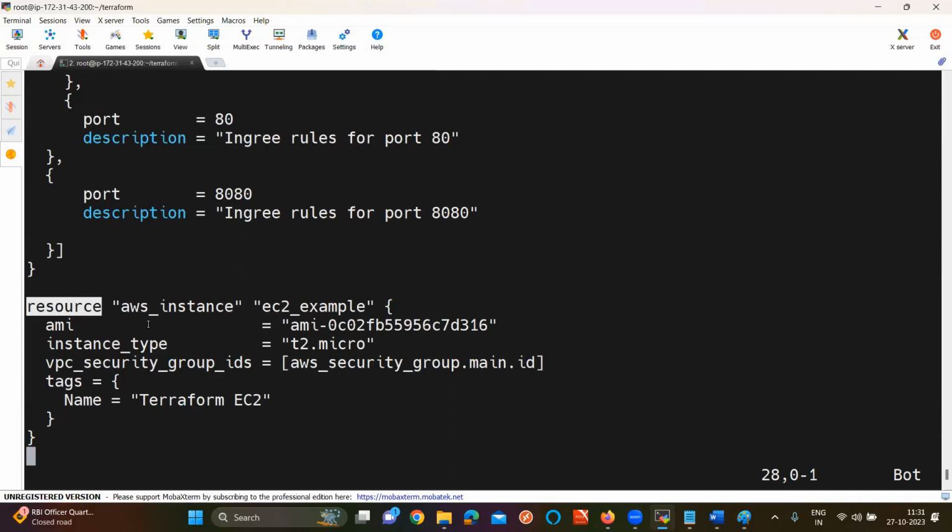Are these two blocks clear for all of you? Everyone. Now, Alan, what about you? Are these two blocks clear for all of you?